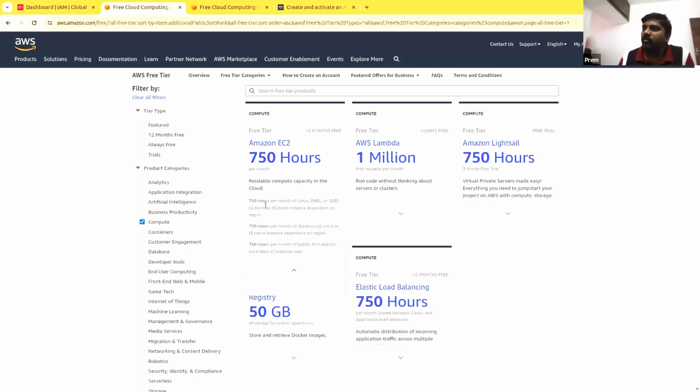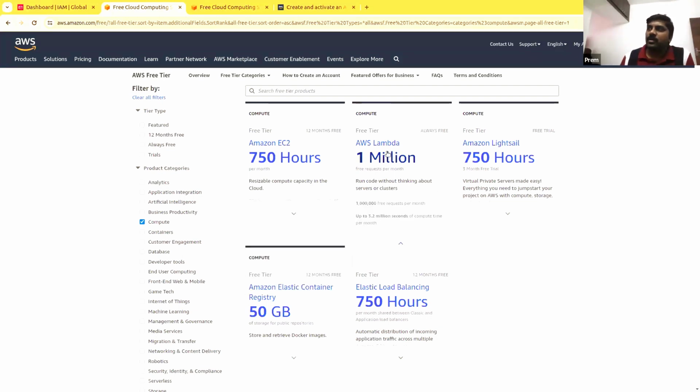Okay. So 750 hours is a good amount of time, and it is every month for 12 months. And there are different varieties or different categories of servers available. The micro is the smallest one. They give you the smallest server that they have, free.